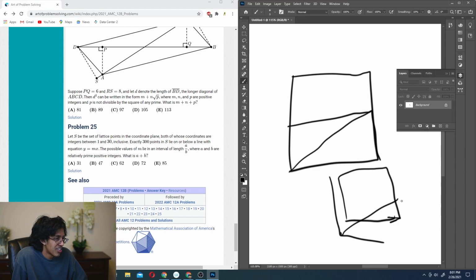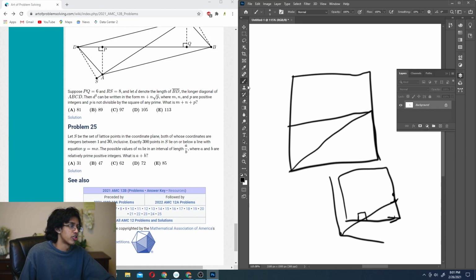So it can't. So it'll be at the bottom of one block, and then it'll go to the top of that. No, what? It'll be at the bottom of one block? No, I don't even know. Not necessarily at the bottom of one block. Okay, so essentially the way it works is, how do you know if it goes through a box or if it's entirely above a box? Or no, it's not even the boxes though. It's actual lattice points.